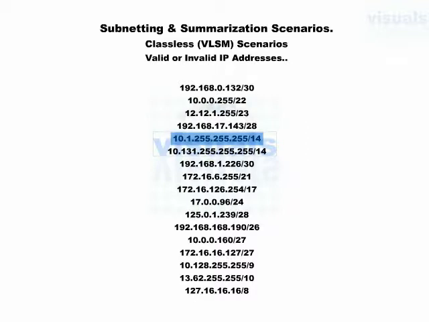10.1.255.255.255. Well, it is written wrongly. These are 5 octets. A class A IPv4 address consists of 4 octets, so these are 5 octets. Now let me see what is the right IP address for this. It should be